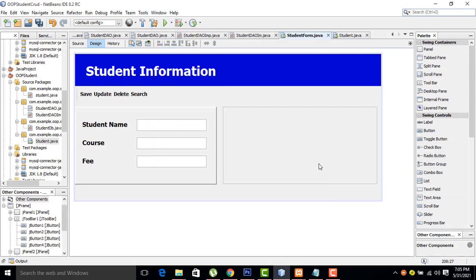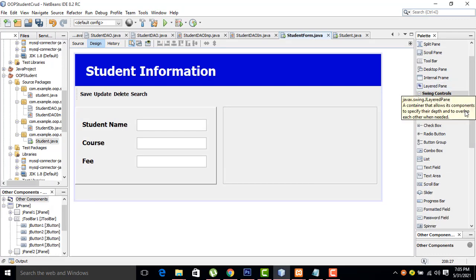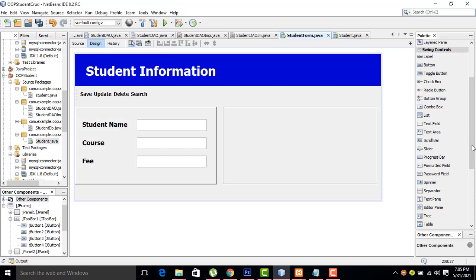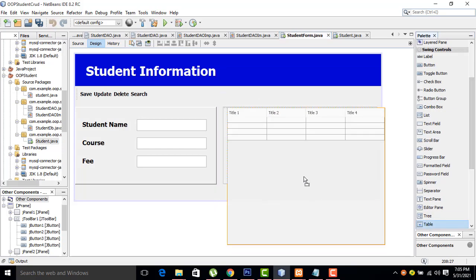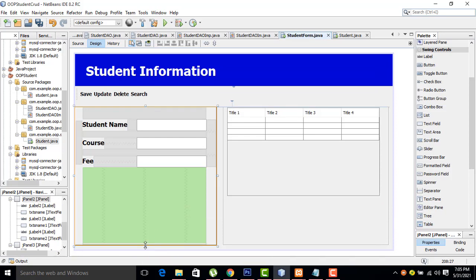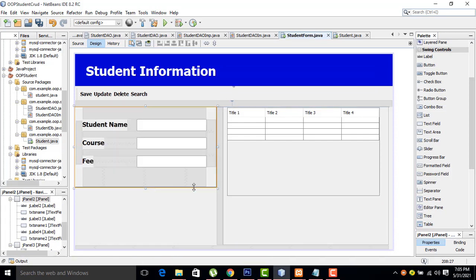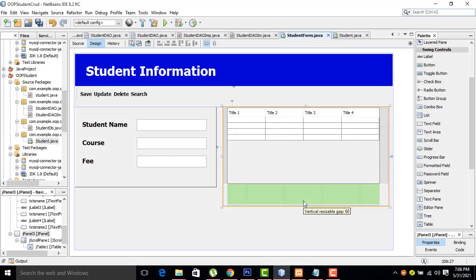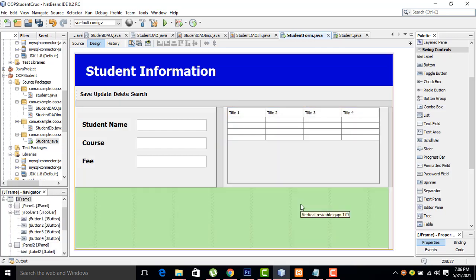Now here I'm also going to drag the JTable, dragging it over here. Okay, no problem. You simply have to arrange them. This is the manner to arrange them, in order. Perfect.